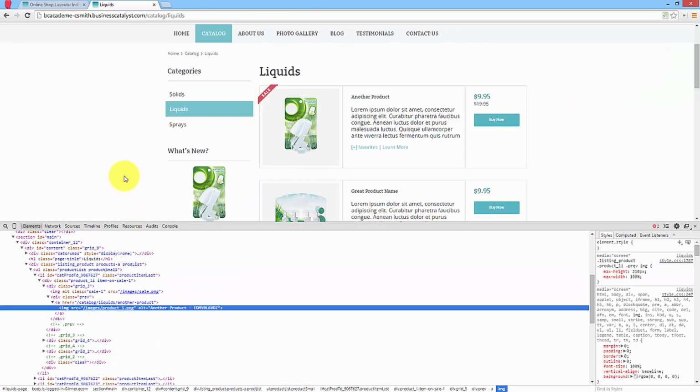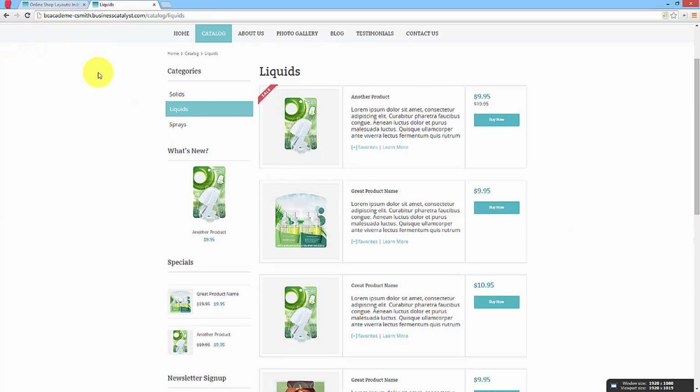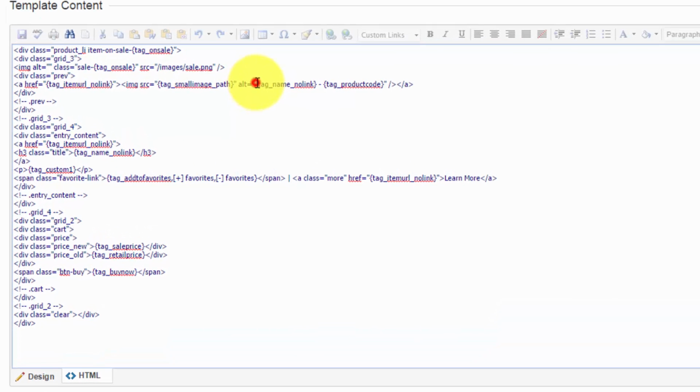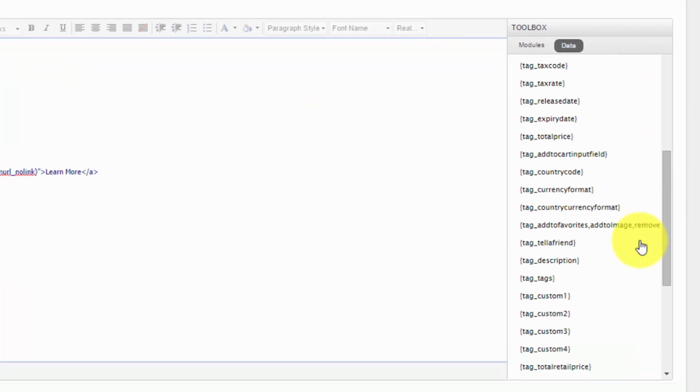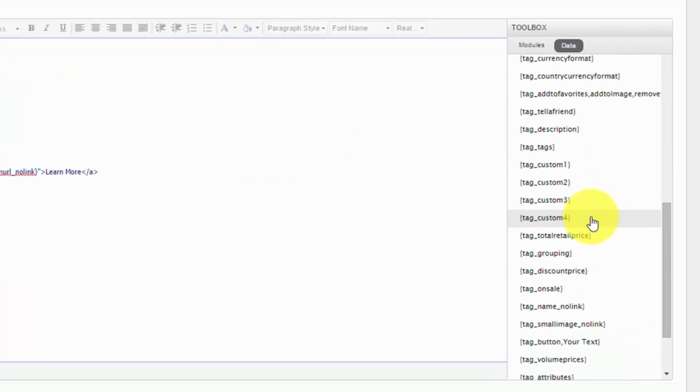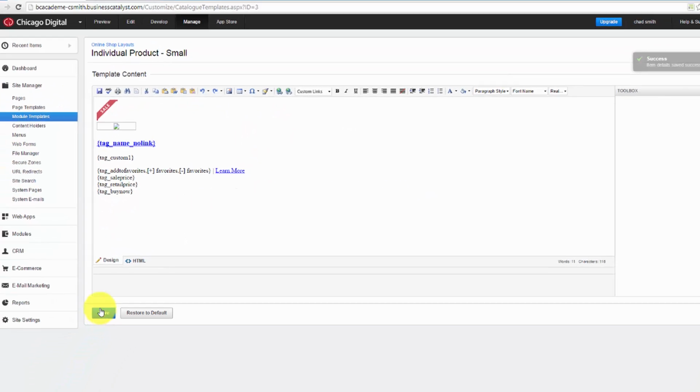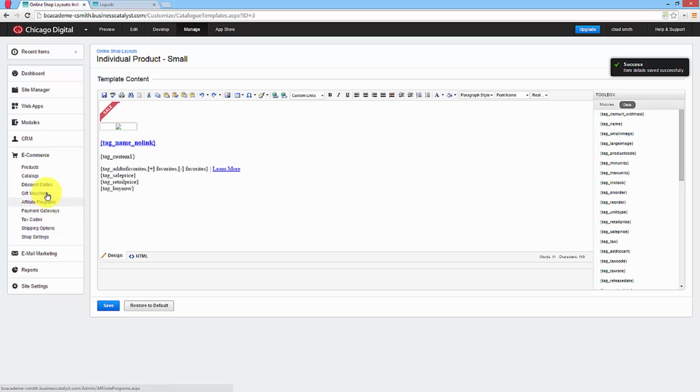Now we have another option for products, because depending on the product, maybe the title of the product or the name of the product doesn't really describe the image very well. So to do that, if you want an actual completely custom alt attribute, you can take this out and then maybe use one of your custom tags here, and then if we save that, when you go to your products